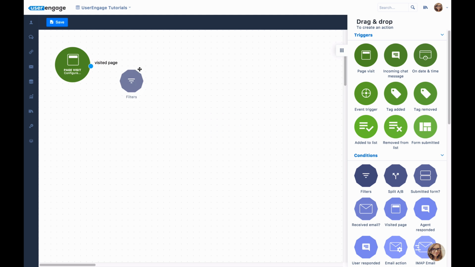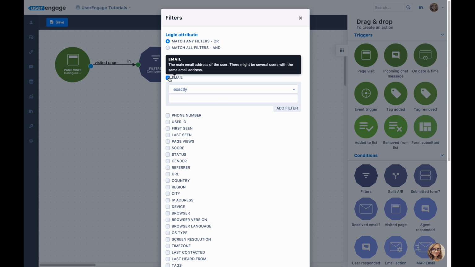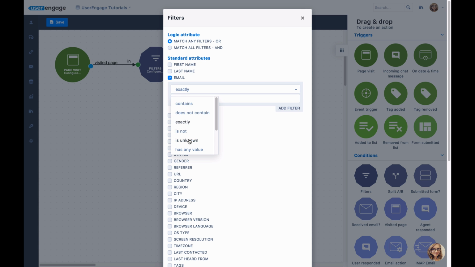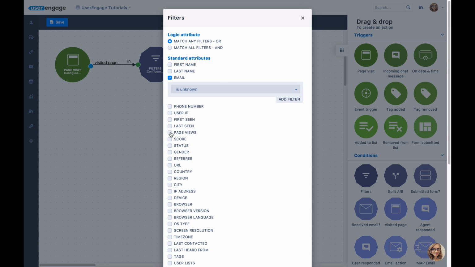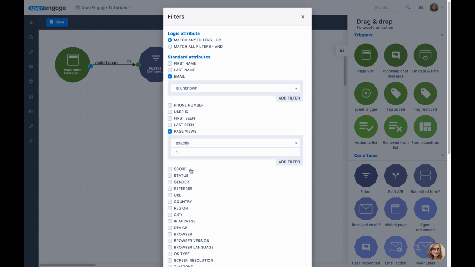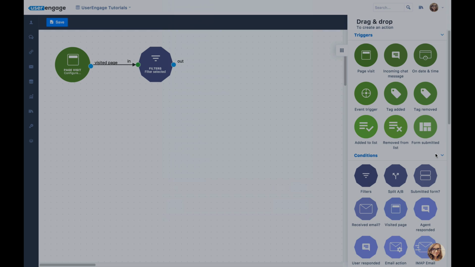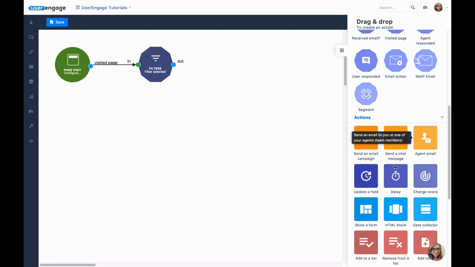And we need to answer ourselves a question. Who do I want to target? I want to target every single person whose email address I don't have. So email is unknown. At the same time, that's the very first visit of the person, and the web source was Facebook. In such a scenario, I want to wait 3 to 4 seconds, let's say 3 seconds, and after